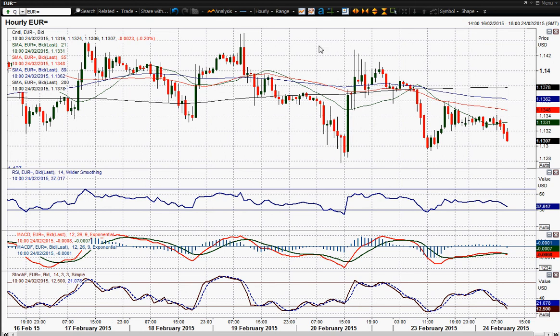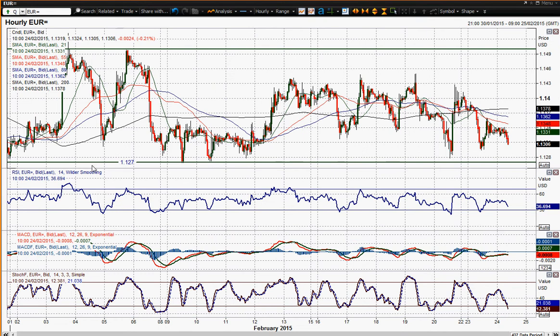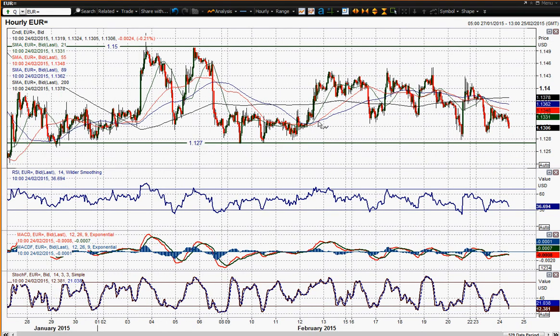This is the hourly chart. Zoom out a little bit because you still see this big support that comes in around this 1260, 1270 area. 1260 is that reaction low there, but I've got 1270 as these supports here. So 1260, 1270 remains this big support on this euro chart, but once again, as I said, we've backed away